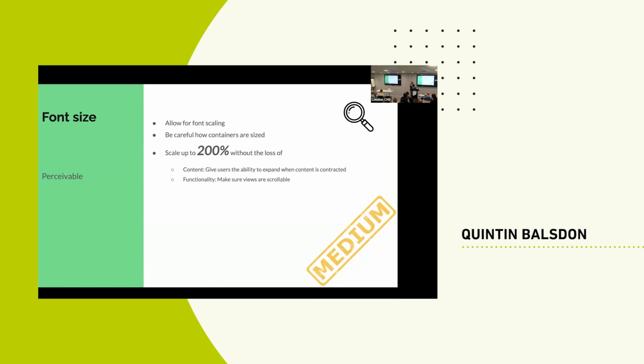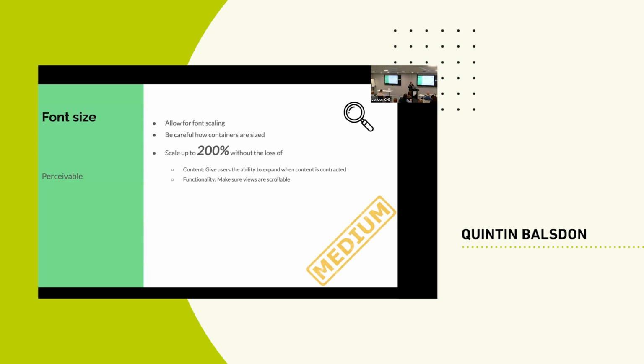And so the recommendation with font is that you can scale up to 200% without the loss of content or functionality. Users can probably scale further. I met someone who scaled up to 1,000, right? They don't expect it to be super gorgeous. They just expect it to work, right? And one of the biggest things you can do to support this is use standard sizes, but also don't restrict the size of the container, right? That's the mistake a lot of developers make, is the container gets a fixed size. And so when the font scales, it overlaps, and then you've got a problem.